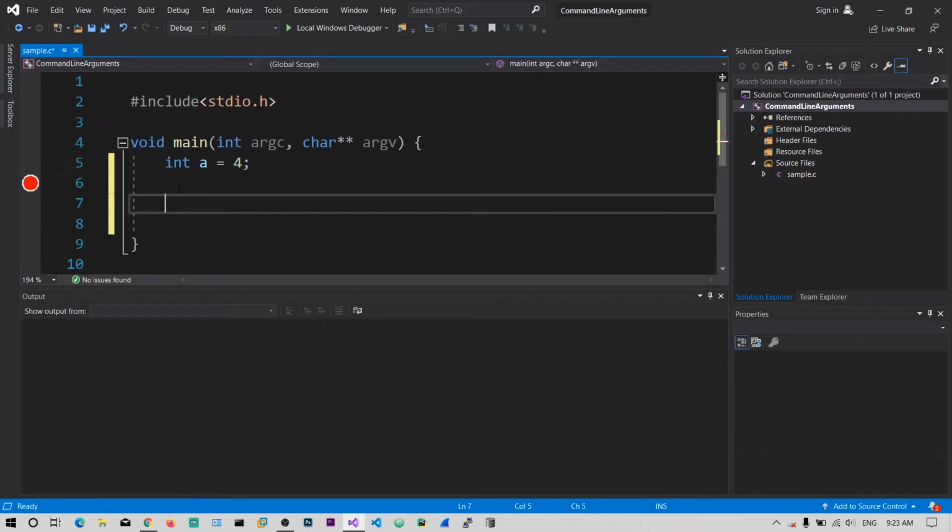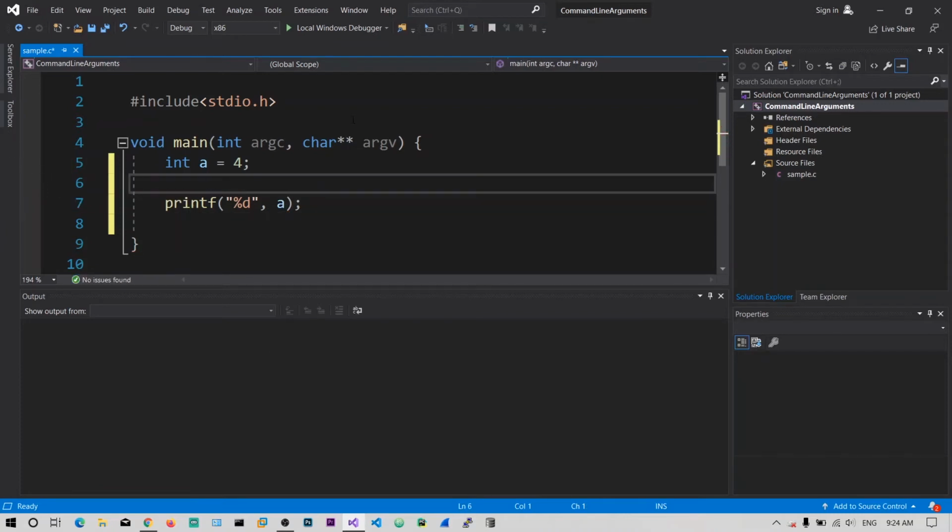So let me printf. %d is to print the format as a number. What I want to print is a. So let me quickly run the program.